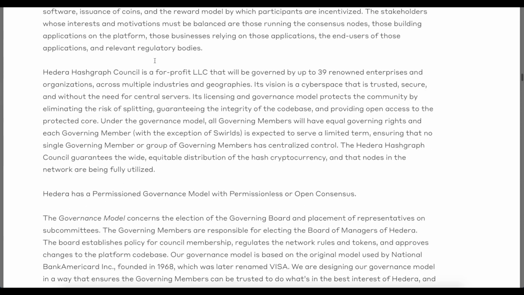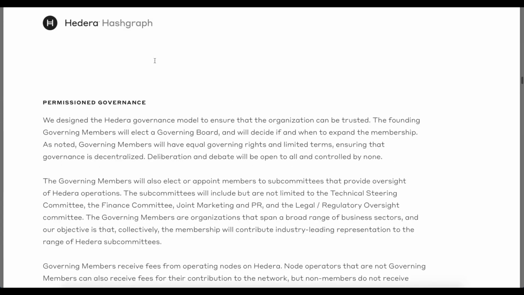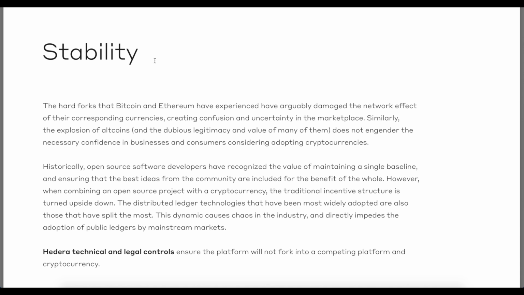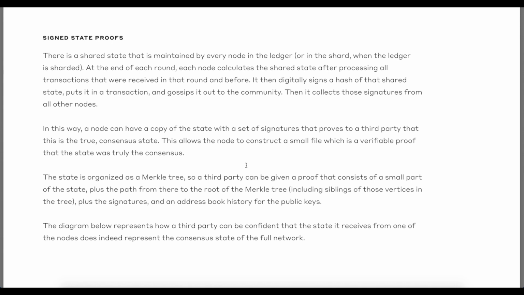So governance, I already told you in detail what they are trying to do. Also I forgot to mention that the network will be highly stable, and that means that it cannot be forked. And what is signed state proof? Signed state proof is the simple consensus mechanism that I already told you about: each node talks to each other, and in this way they give their consensus on whether this transaction is true or not. They check each and every detail, and in this way they allow the transaction to go through, and there will be a signed signature and a weighted average timestamp with each transaction.